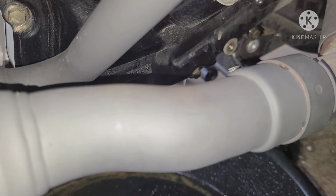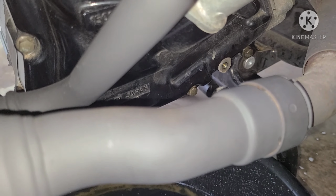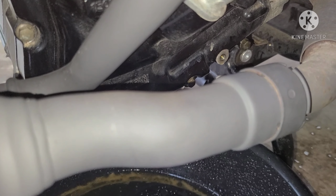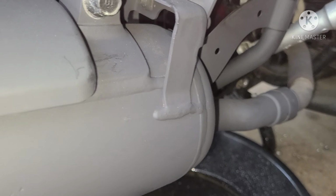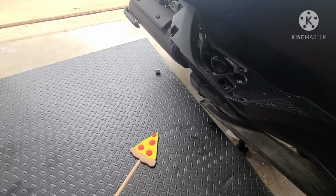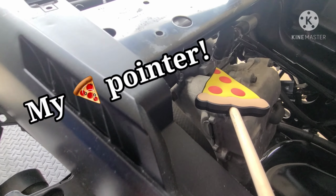And like I said, it's going to take some time. You need to be patient. Running that vinegar and water through, a whole gallon of it, that's what I did. I let the bike cool down, let all of it out, started it up, put more in, and kept on doing it until I cleaned out a gallon's worth. That might be overkill for you, but eventually it came out all clear and I could no longer tell there